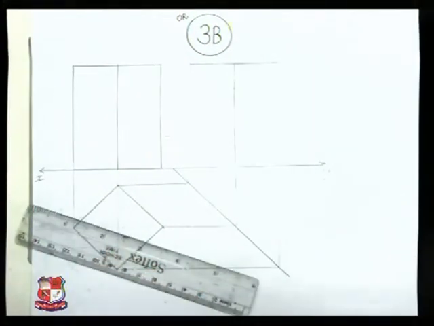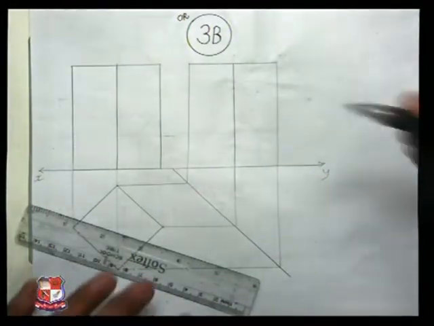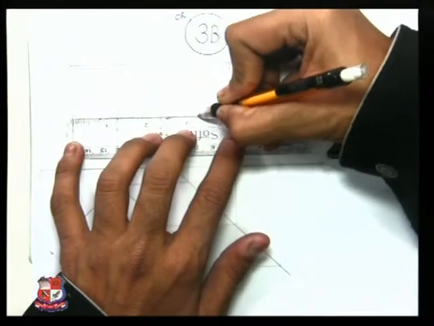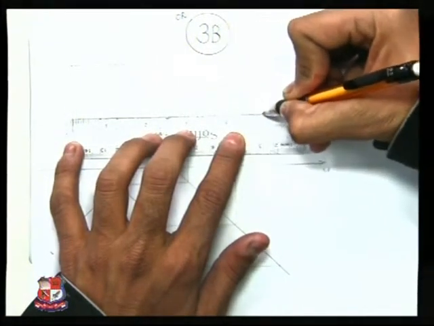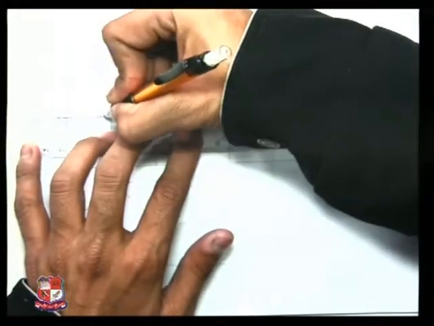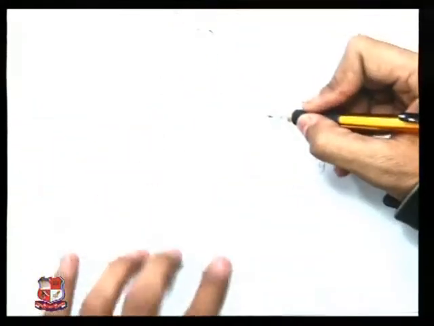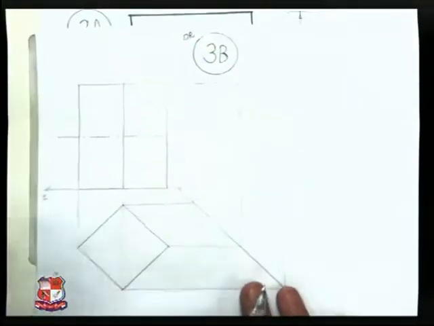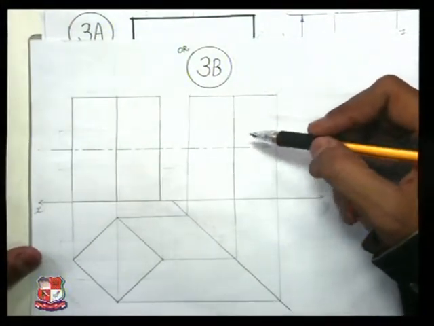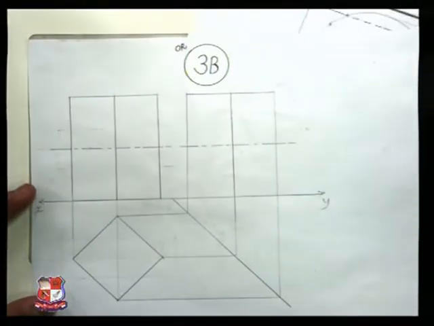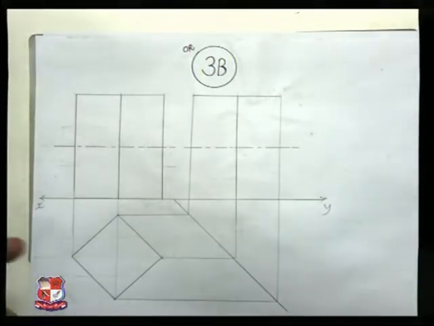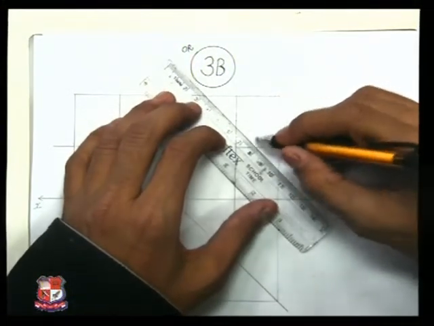Now here it is given that the axes of both the prisms bisect each other. So from here at the middle, draw the axis of the horizontal prism like this. This axis represents the position of the axis in front view, and here it is given that the horizontal prism makes an equal angle with VP. So it is drawn such that all four sides make an angle of 45 degrees with the XY line, and side length is given to us.